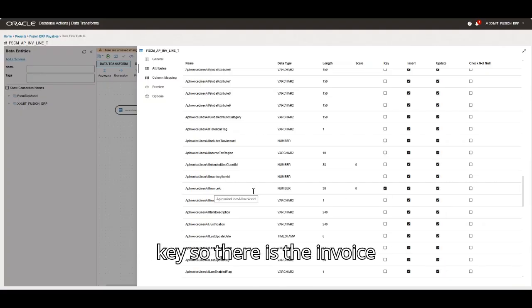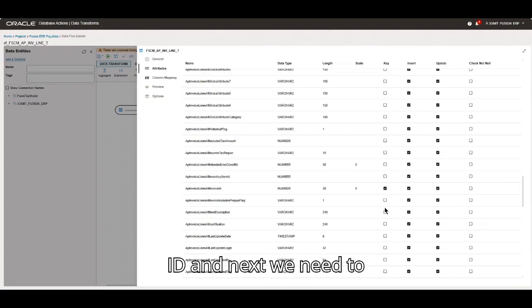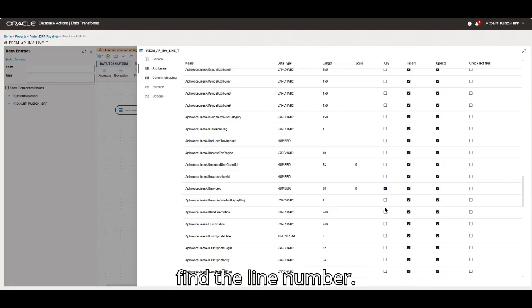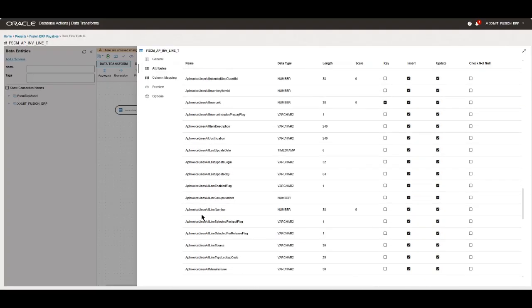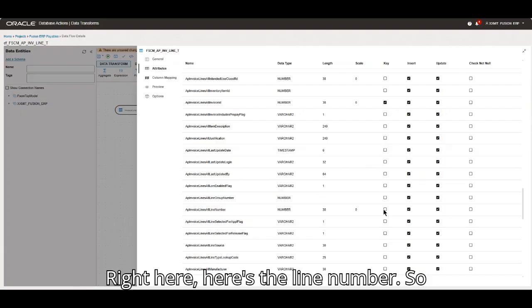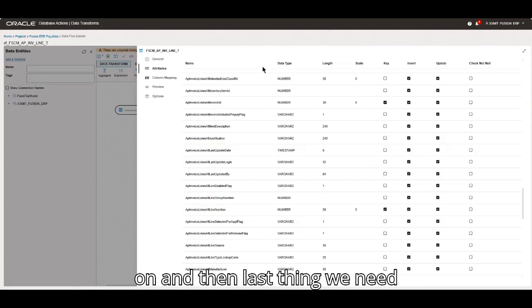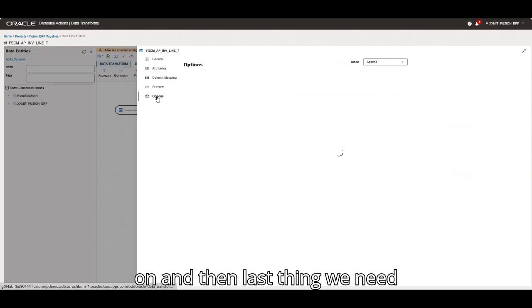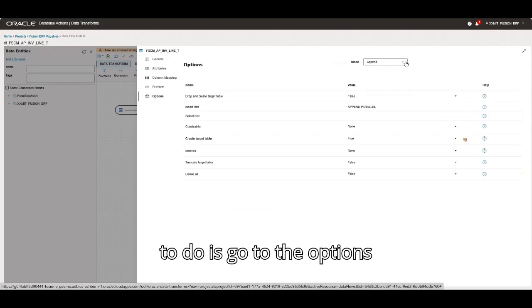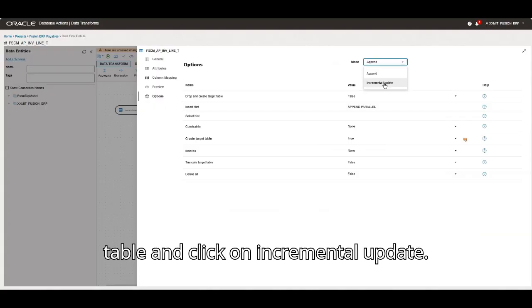So there is the invoice ID, and next we need to find the line number. Right here, here's the line number. So I've checked both of those, primary keys on. And then the last thing we need to do is go to the options table and click on Incremental Update,